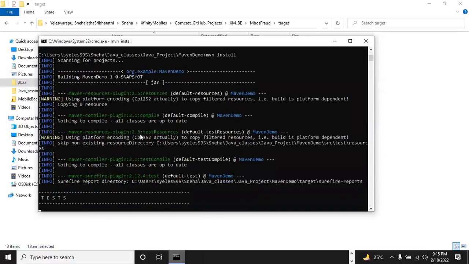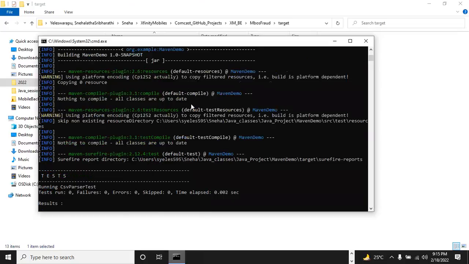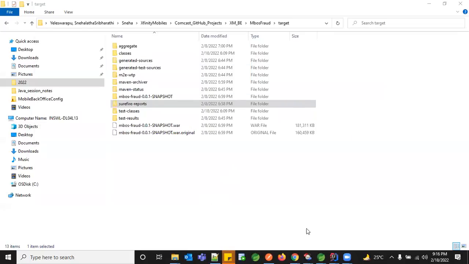So resources, compile, test. Whatever command you're trying to execute, the final thing would be the same. The install does an additional step of packaging also, so all the steps would be done as part of install. So we never use the other commands like verify, package or test. We just give Maven clean install, which executes all the life cycles and gives you the final packaged jar file. So this is the way you need to execute your Maven Java project.